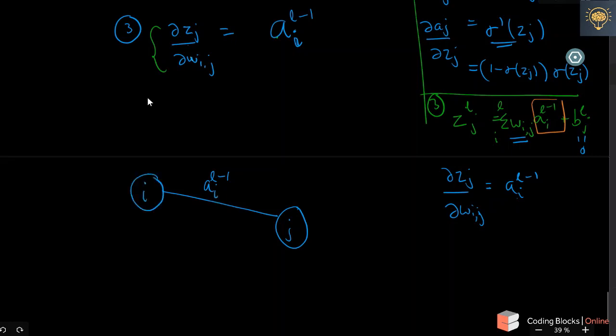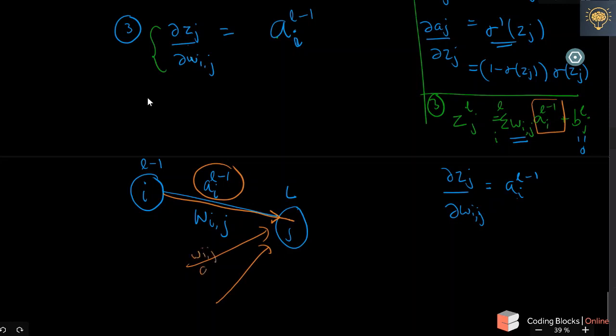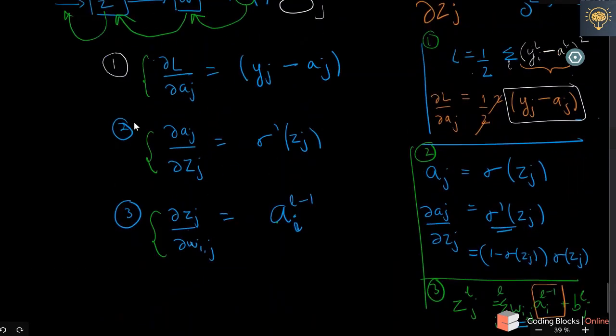Because you have a neuron i here in the layer L minus 1, and this is in your final layer L, and it has this weight w of ij. So how does this weight change? It will depend upon this input activation value. For all other activation values, this weight is not going to be influenced by them. It is only influenced by the activation traveling through this edge. So it is going to be a of i. This is what it means.